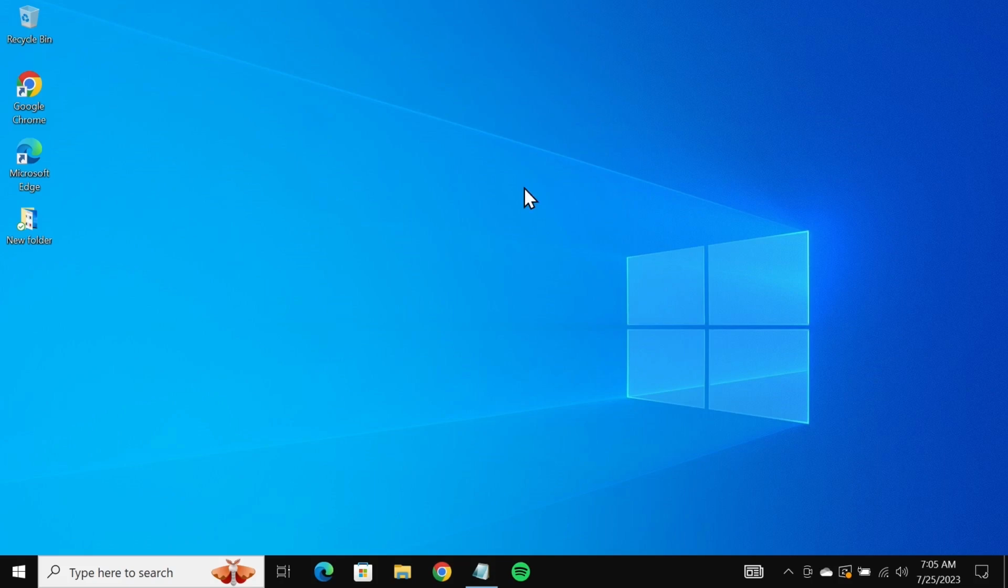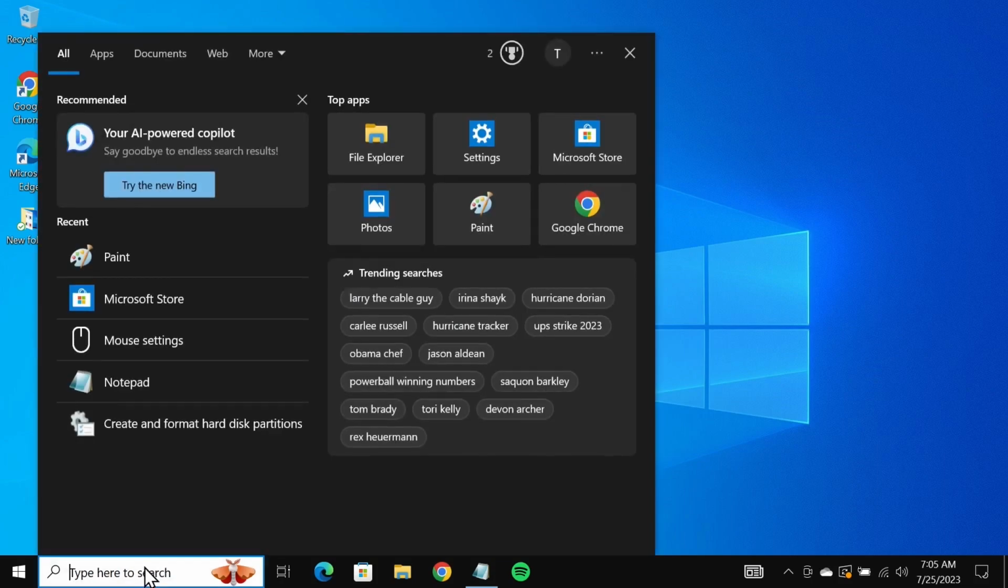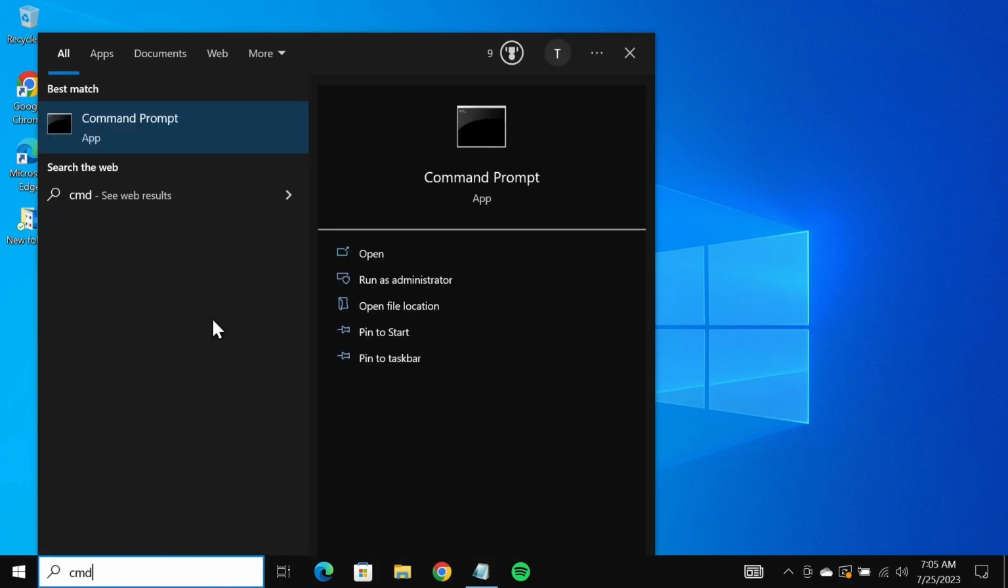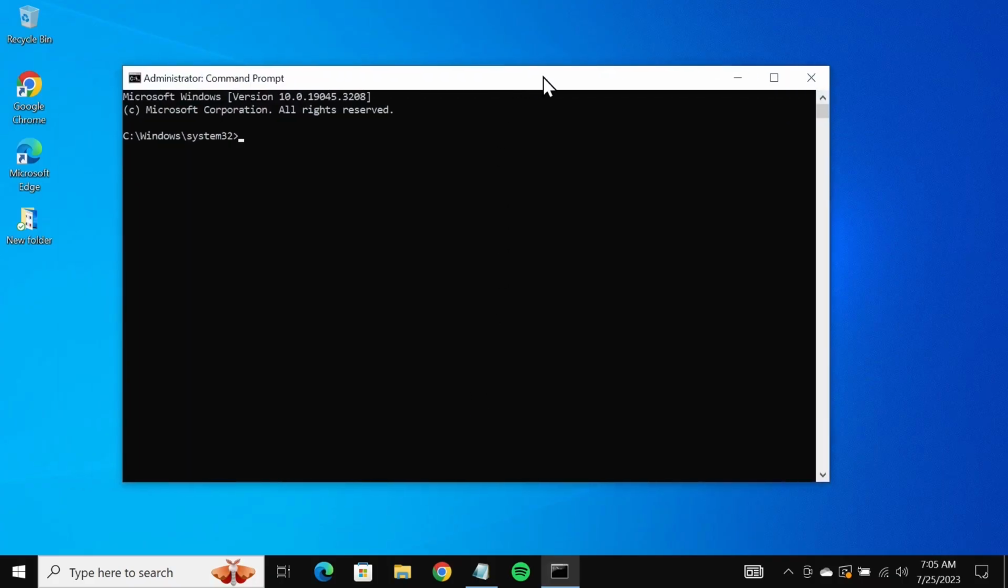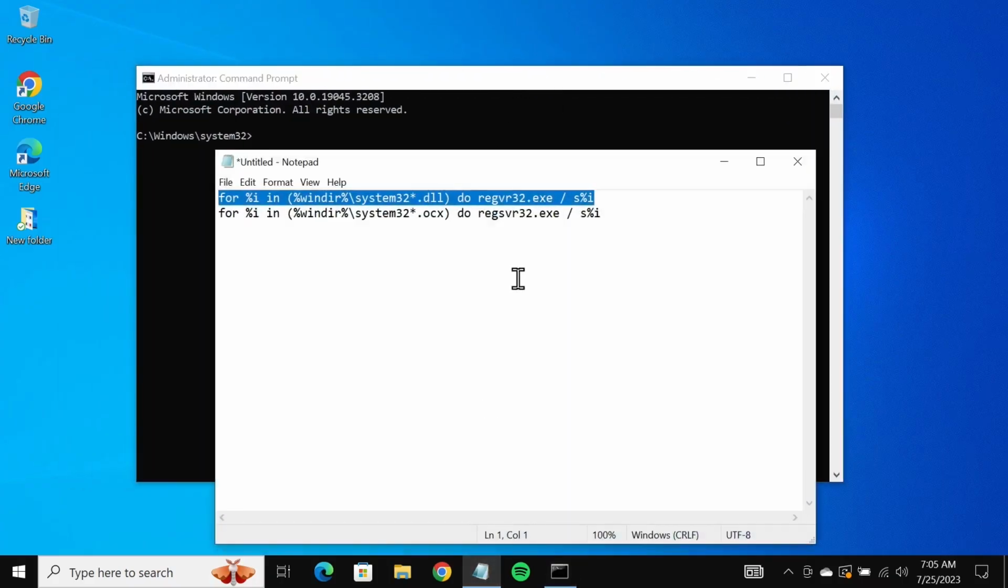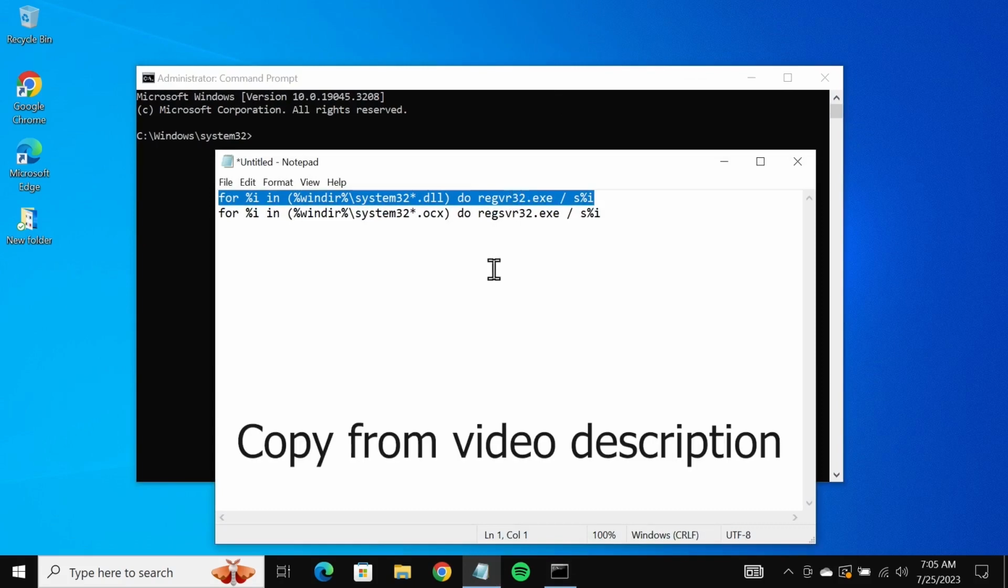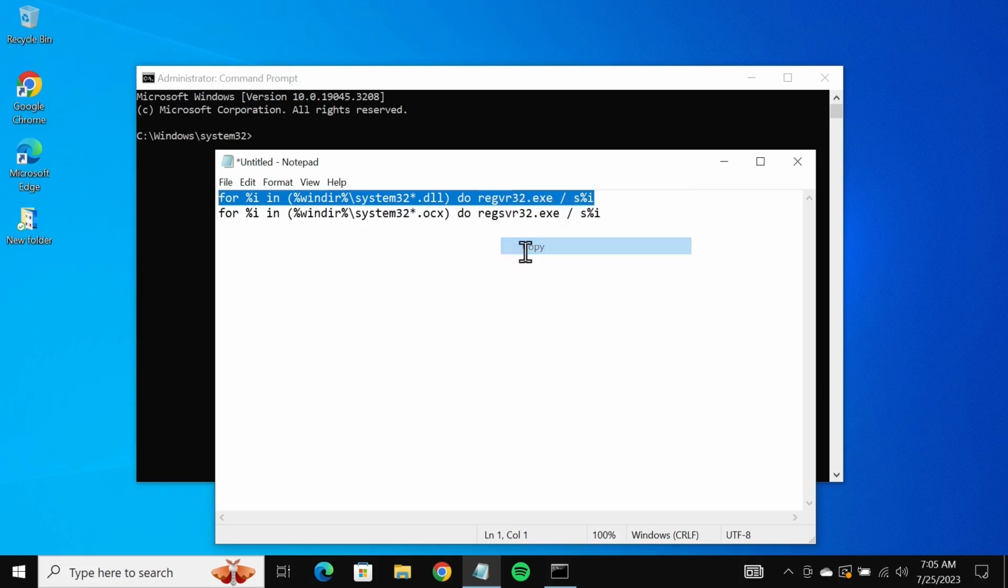Now the first thing you have to do is go to the search box and then type in CMD and then right click on command prompt and then click on run as administrator and then click on yes. Now in here what you have to do is copy and paste this code. I will leave this code in the description of the video so that you can just copy it and then